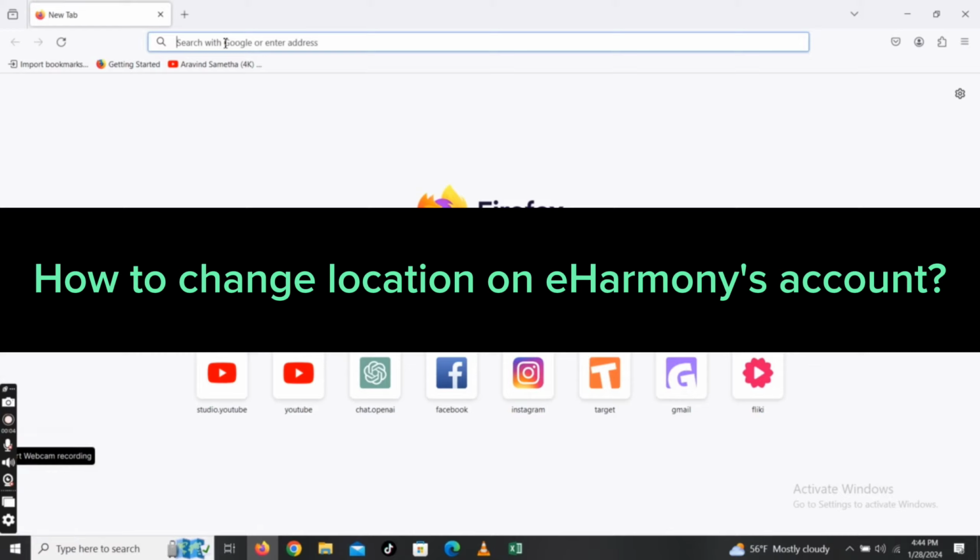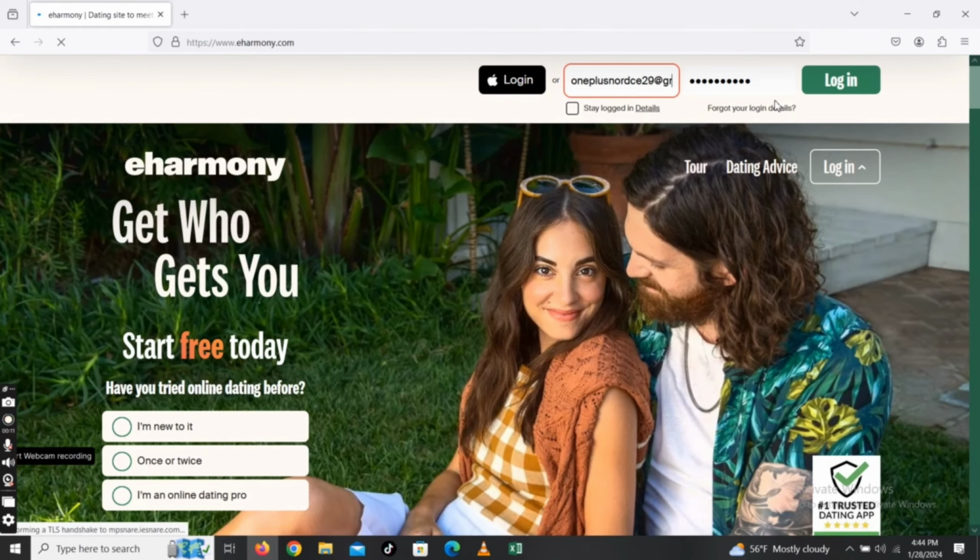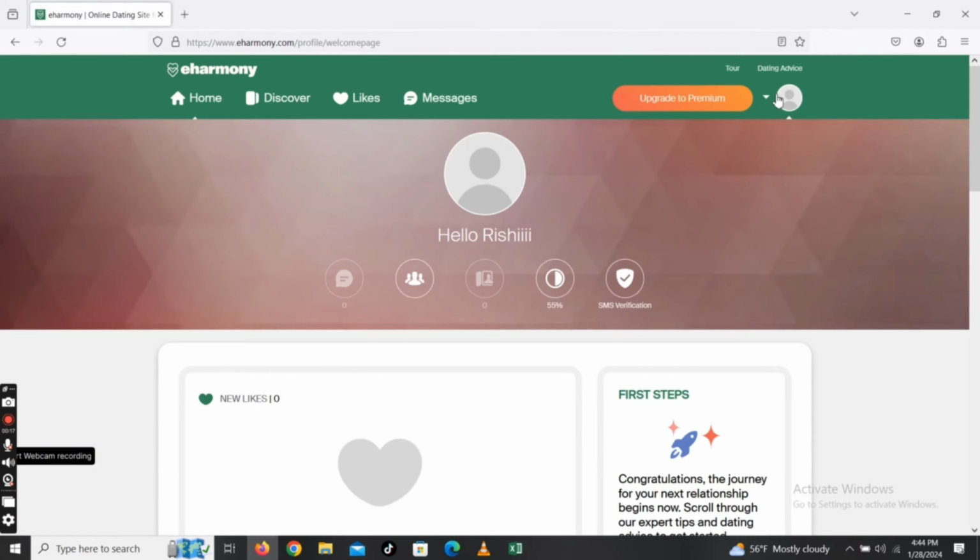To change your location on eHarmony, firstly go ahead and open your Google search. On the search box at the top, type in eHarmony.com and make a search. The official page of eHarmony's account will appear on the screen. Log into your account if you are not logged in and you will end up on the home page of